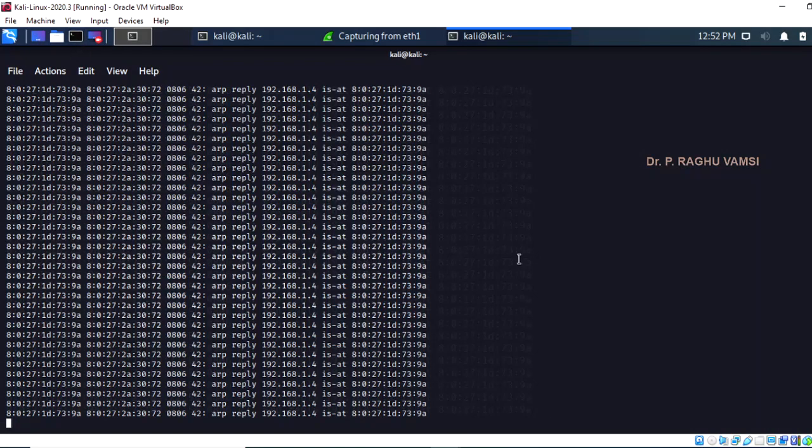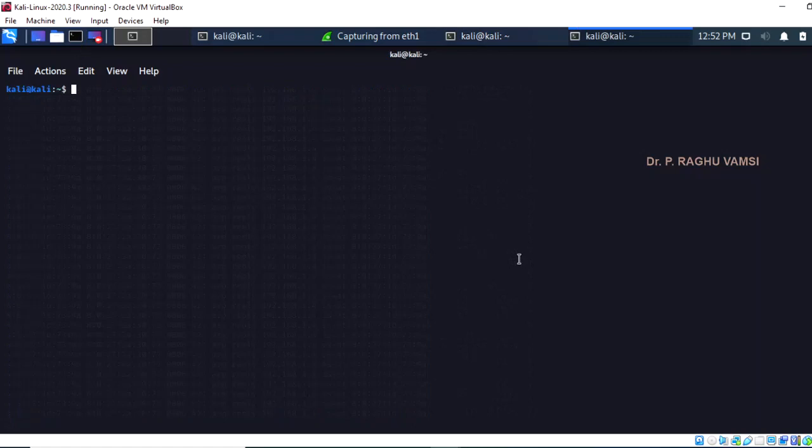Now open another command prompt. Now what we'll do is, whatever is the incoming traffic from the Windows XP and Windows 7, that will be diverted to the Windows 7 via this Kali Linux.